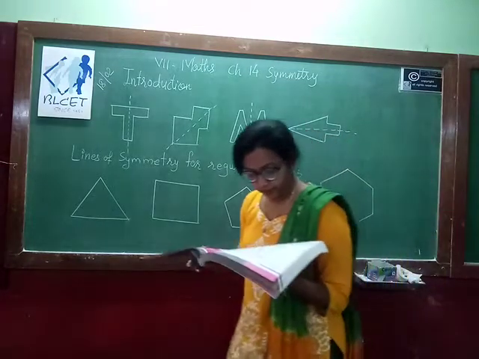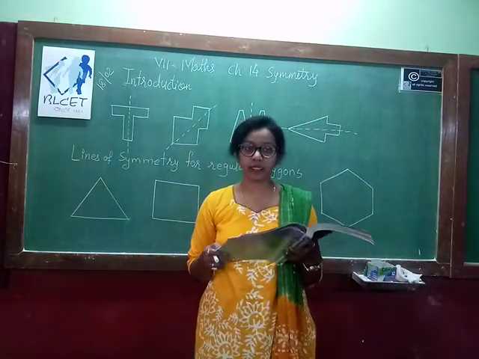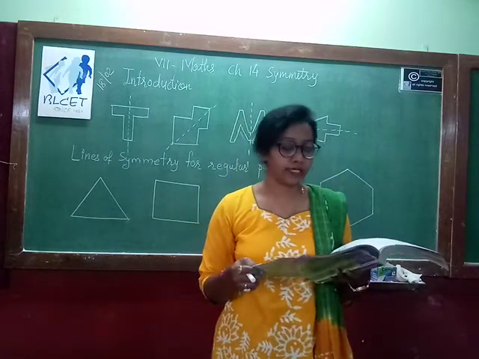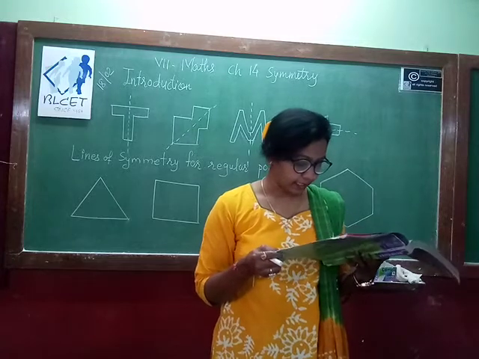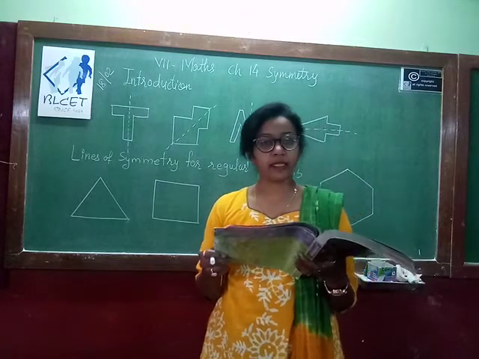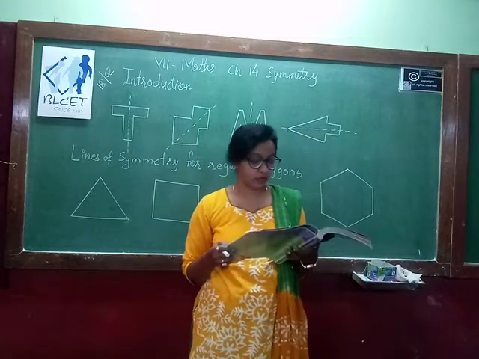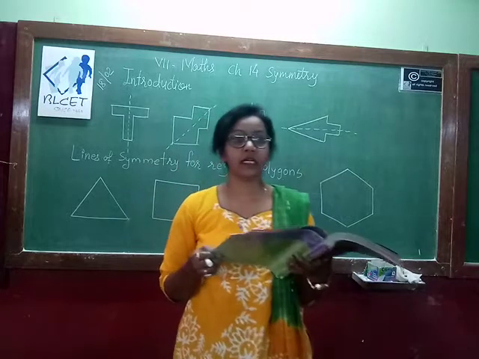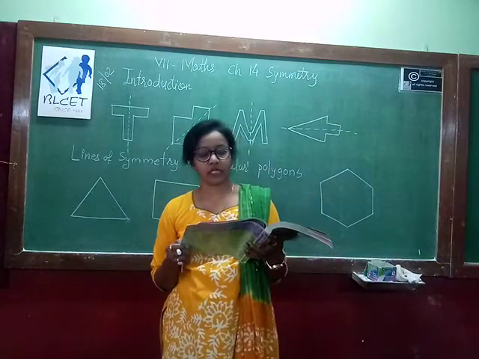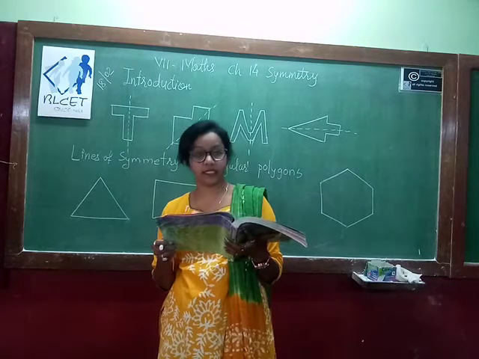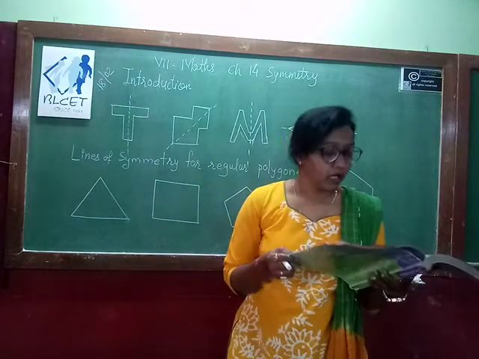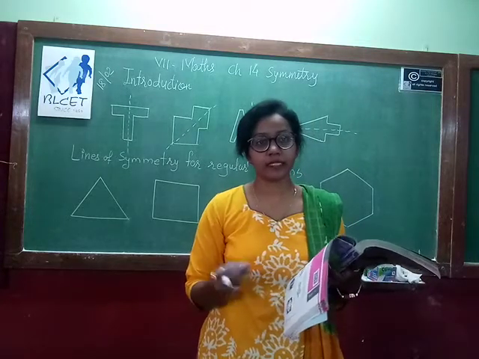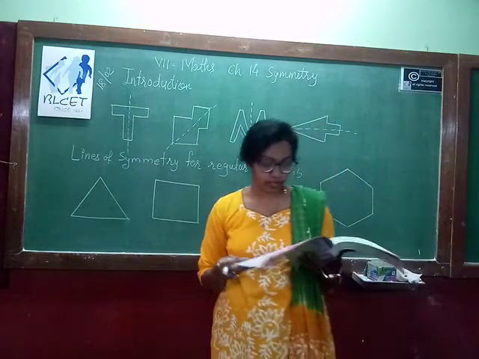You are given one architecture monument. If you divide that into two equal parts from the middle, both the parts are identical to each other. If you take a car model and divide that car into two equal parts, again both the parts are similar to each other. Then in nature, if you see the crocodile, the turtles, the octopus, or other animals and creatures, a few of them have such lines of symmetry, that you can also observe.